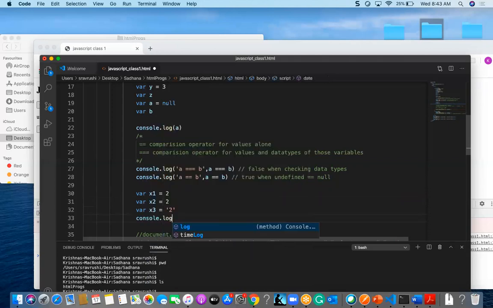So can you expect the value of x1 is equal to x2? What will be the value?